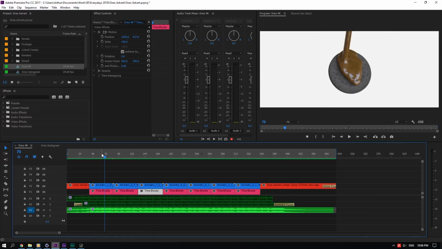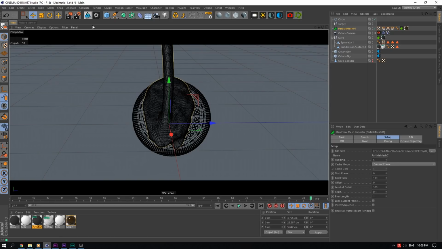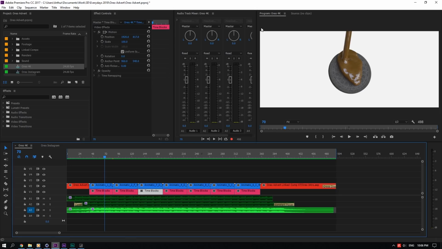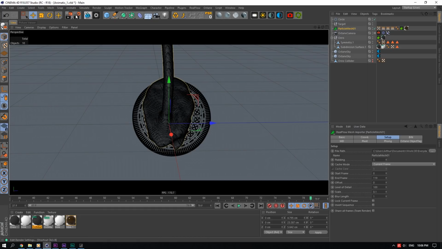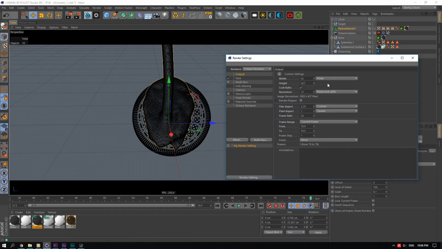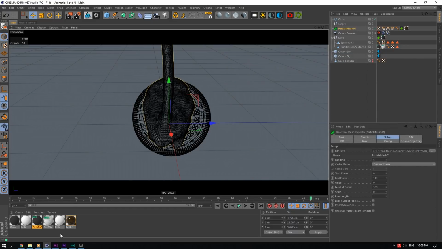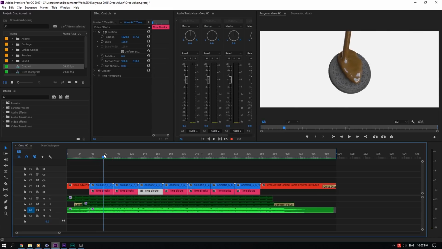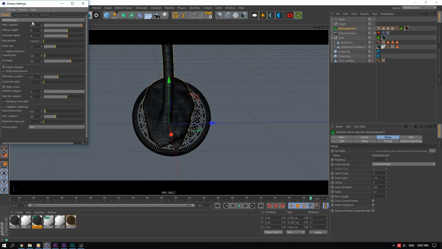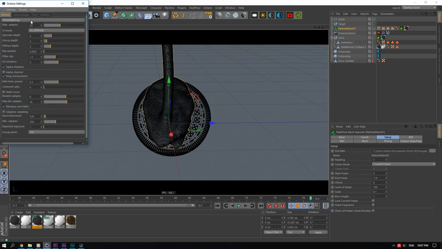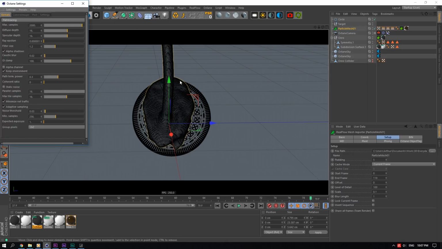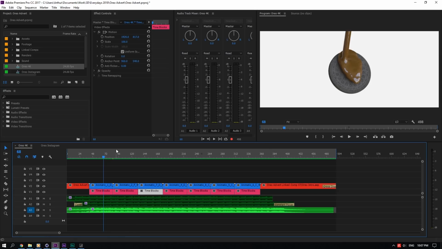And I generally render out test versions, usually half or even a fourth of the final resolution. I usually just render it out at the actual preview box size, because it doesn't need to be any bigger than that, which is generally 1920. Well, 920 is what I usually do it as. And then you'll have a nice previewed version, which is bad quality. So I'll usually turn these samples down. I'll even go to direct lighting sometimes, like this, that much. And then you render it out, and then you have a nice preview